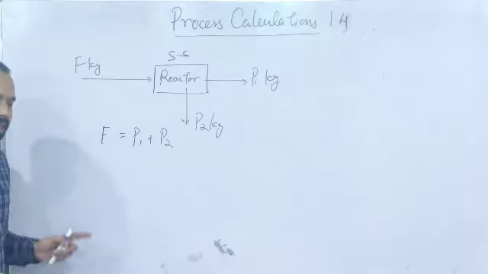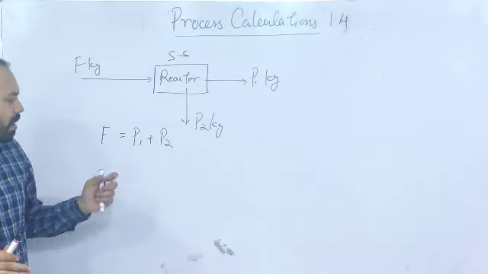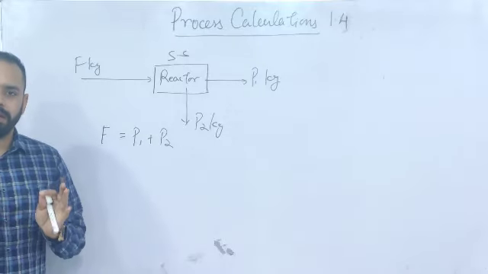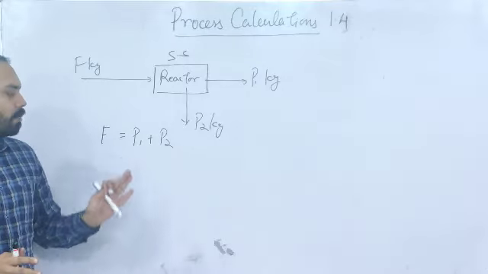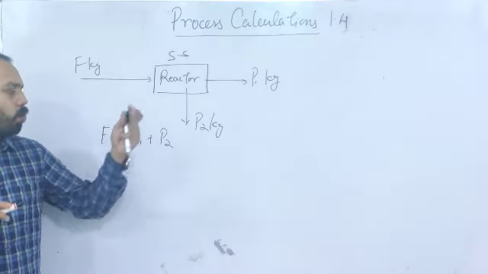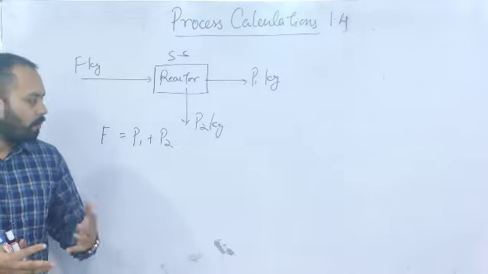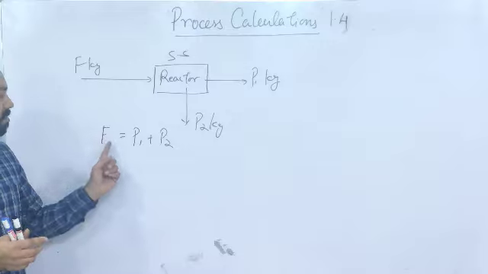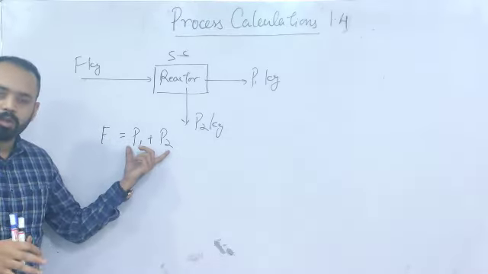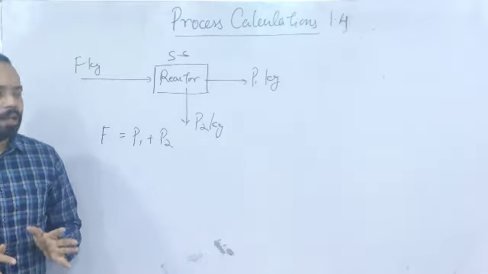Think about it. Is this statement always true at steady state, or are there some special cases only when this statement is true? Think about it for a minute and try to answer yourself whether this statement is always true or not. There is a chemical reaction, please remember, and I'm talking about steady state. If you have understood my previous discussion, you'll understand that this is always true, because what is this? The total mass entering. What is this? The total mass leaving. So whether there is a chemical reaction or no chemical reaction, it has to be same,